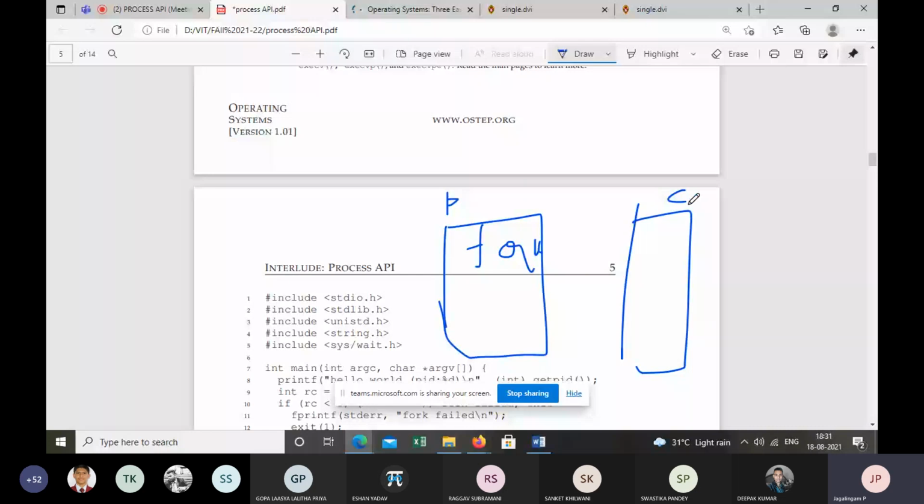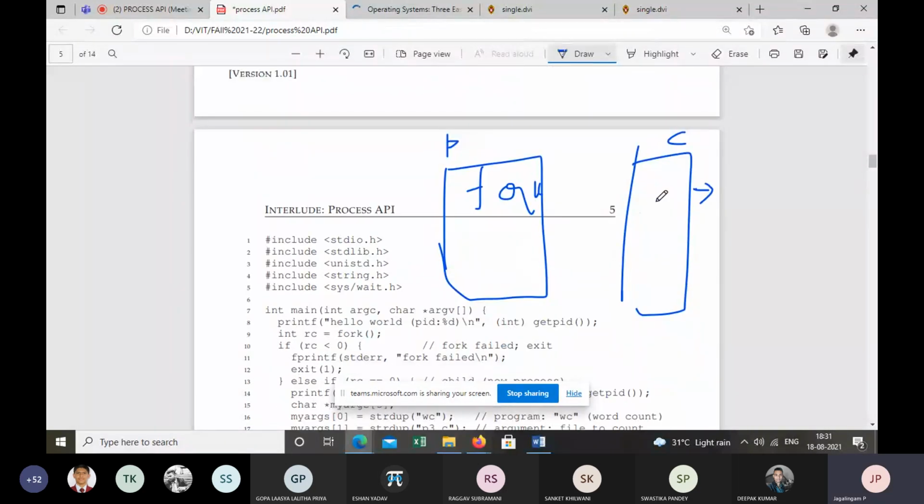If we want the child to execute completely different instructions, then in the child process we use the exec command.